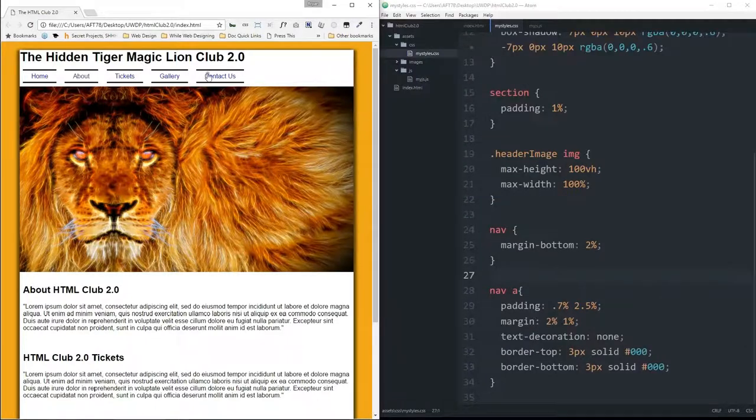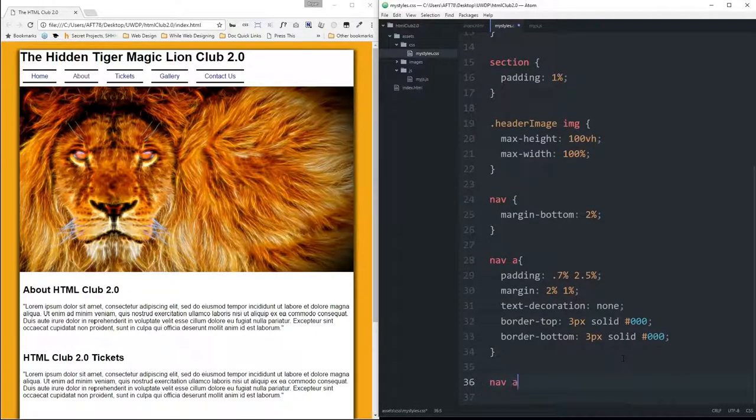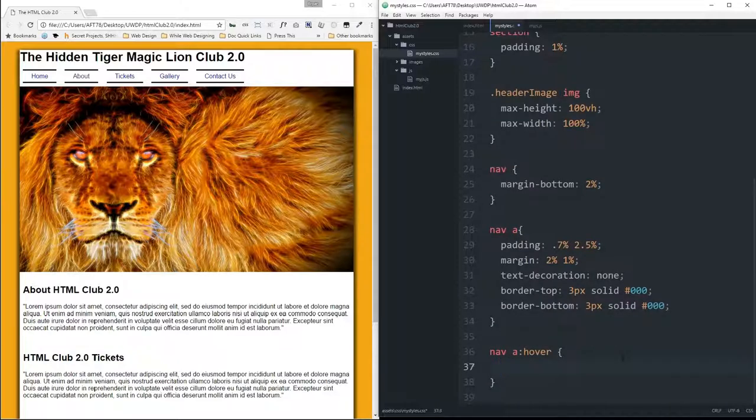Perfect. And now there's one more thing I want to do. Now that I've removed my underlines, let's add a bit of hover styling as well. So I'm going to target my nav and my anchor links. Every time someone hovers over an anchor link that sits inside the nav container,